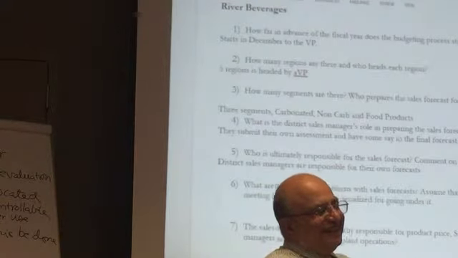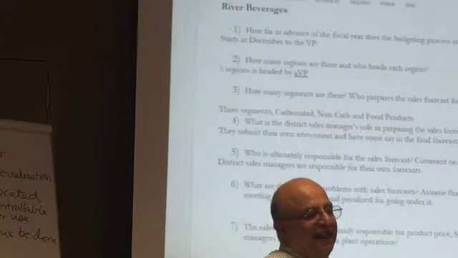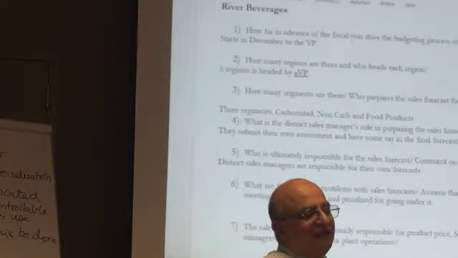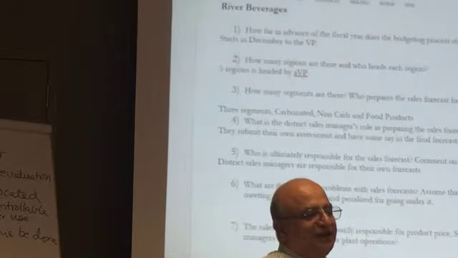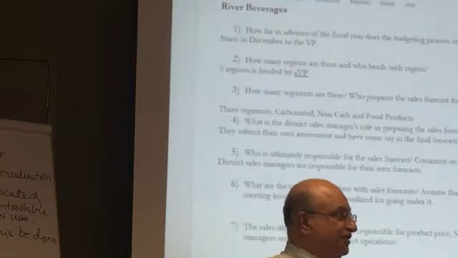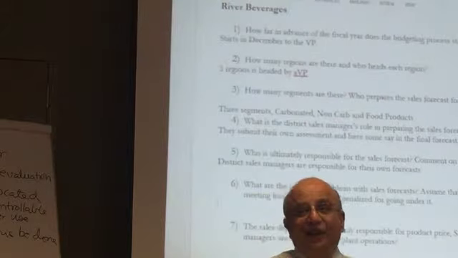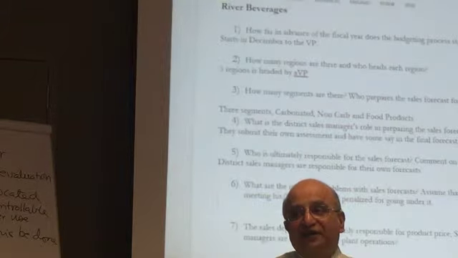This in a way is a sort of central theoretical tension in this whole analysis. So what are the incentive problems with sales forecast? Suppose you go to the district manager, and the district manager is rewarded for meeting his or her forecast and penalized for going under. This is how it works. They're responsible for their forecast. They meet the forecast, they get a bonus. They miss the forecast, they get a penalty.